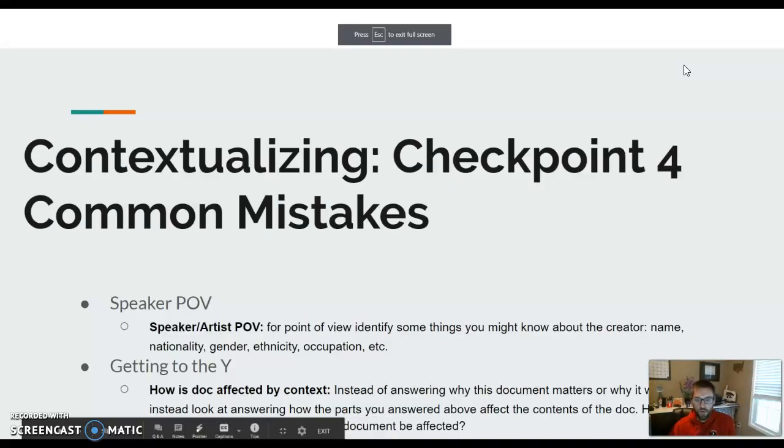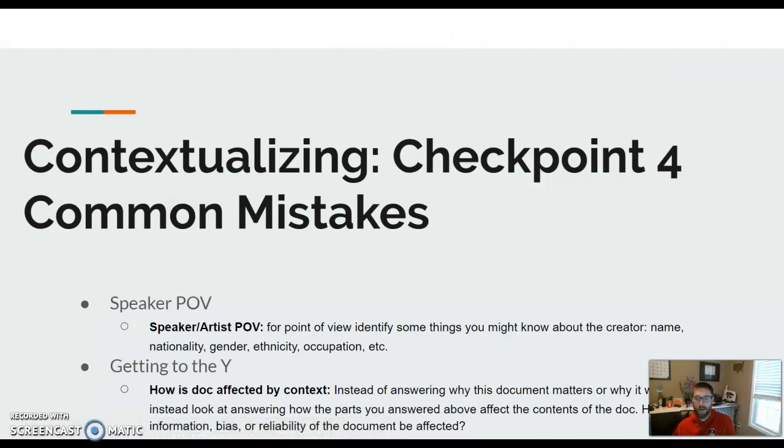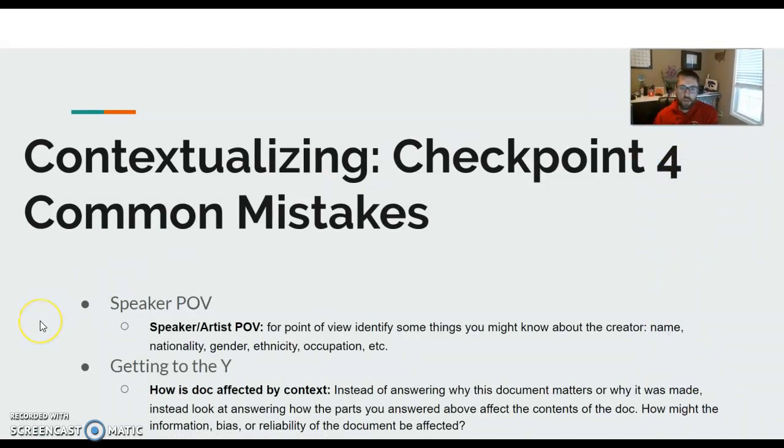As we've been looking over some things, we really want to take a little bit of time to go over some of the common mistakes on Checkpoint 4. If you've been looking at your feedback, some of these comments might look a little familiar to you. The biggest issues on Checkpoint 4 are in the speaker portion of it,